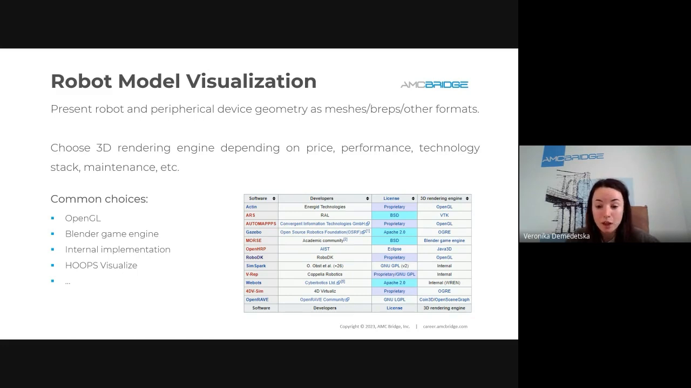So, okay, now let's say we can describe our model. We can set up all the dependencies, describe the scene and work items that we have, and now we need to think how to visualize that. So for the visualization,